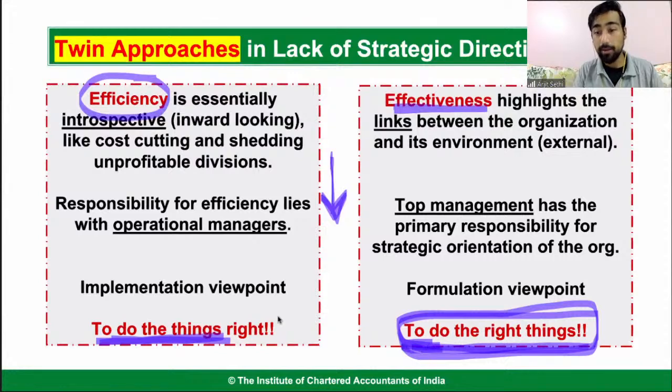So आपने decide कर लिया कि मुझे ये करना है, and then you do it the right way, right? You go and do it the right way. That is turn around करना, withdraw करना, retrenchment करना. That is doing it the right way. But how do you identify what is the right thing to do?